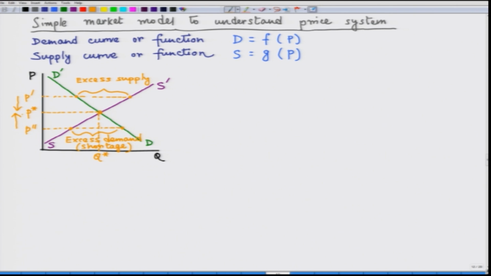Sellers will say this is a very profitable situation for them because they can charge a higher price. So, in that case, they will raise the price, and finally, we can see that although we have deviated to P prime and P double prime, in both cases we are going to return to the market equilibrium price P star, and that is why we call this an equilibrium from where deviation is not profitable.